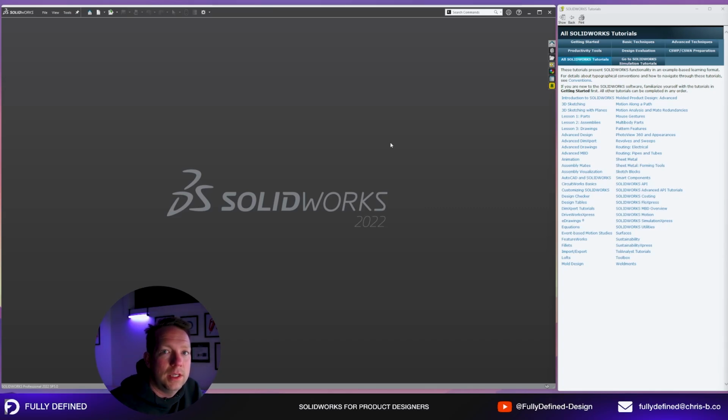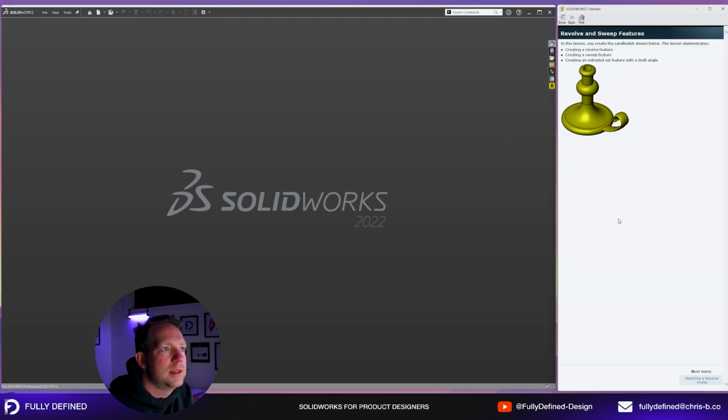Hey everyone, in this video we're going to be going through the revolves and sweeps tutorial inbuilt in SolidWorks. Let's get straight into it. In this lesson you create a candlestick shown below. The lesson demonstrates creating a revolve feature, creating a sweep feature, and creating an extruded cut feature with a draft